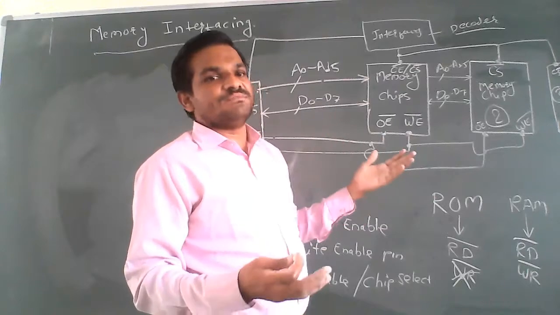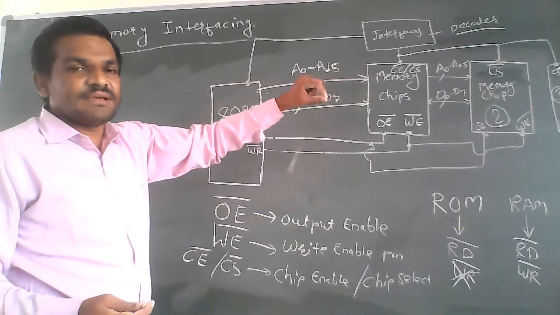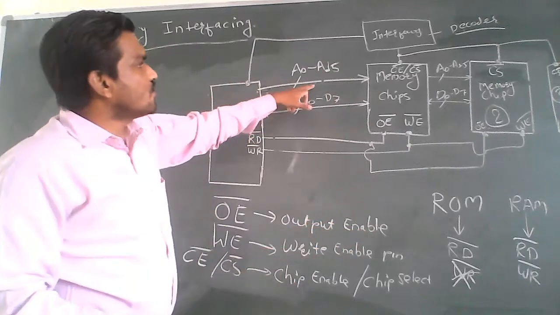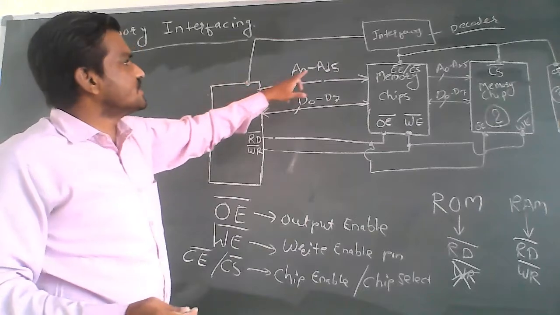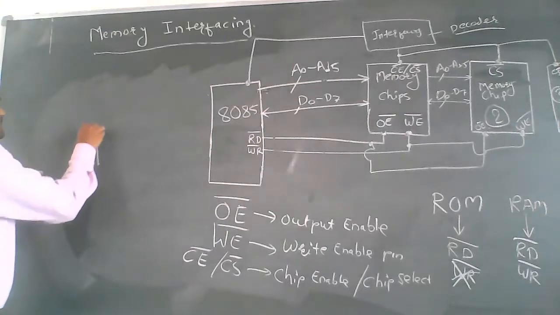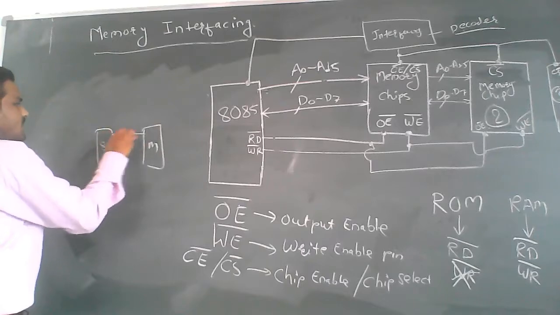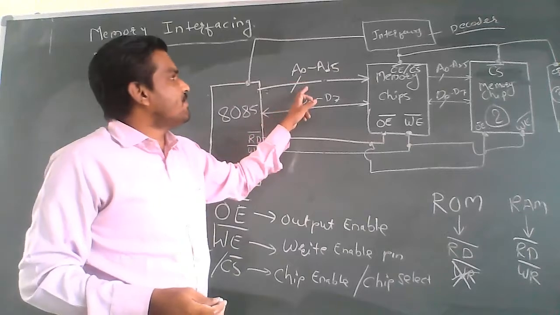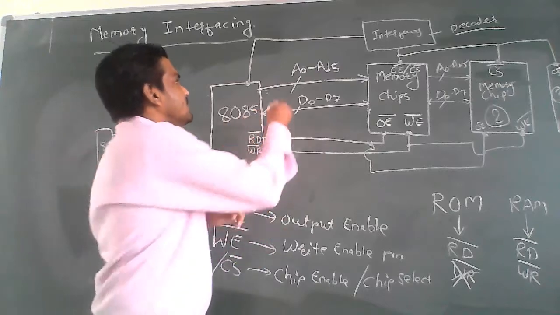That is if we have multiple chips. If we do not have multiple chips, then we can directly connect this chip select or chip enable pin to the 8085 microprocessor. Apart from these pins, we have to connect A0 to A15. You can show this A0 to A15 by a single line, as well as by multiple lines. This is my 8085 and these are my memory chips. I can connect multiple lines of 16 pins, or if that is not possible, you can connect with one line and show it as A0 to A15.